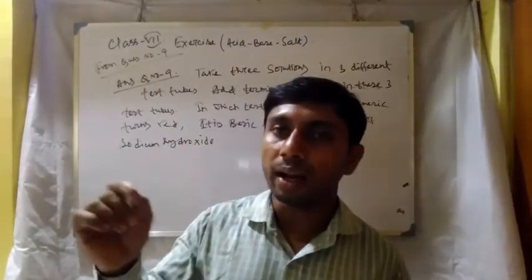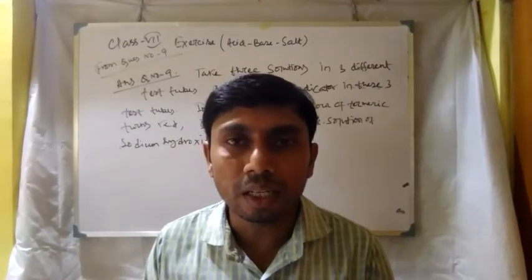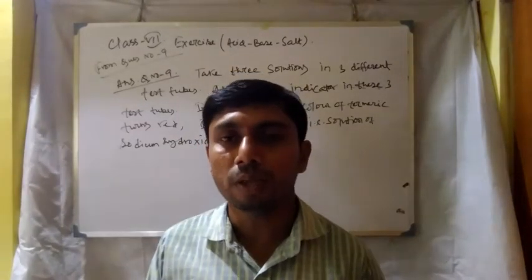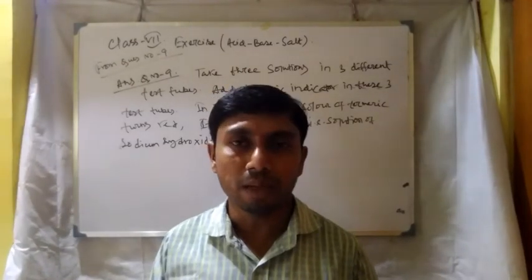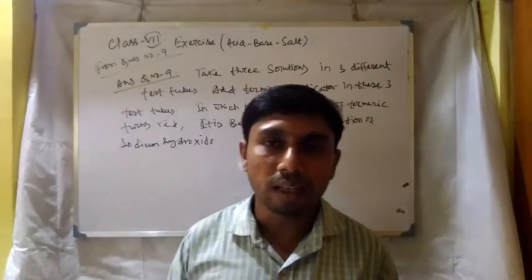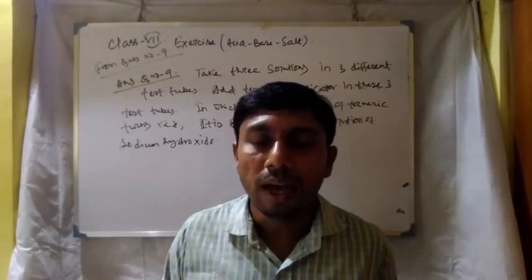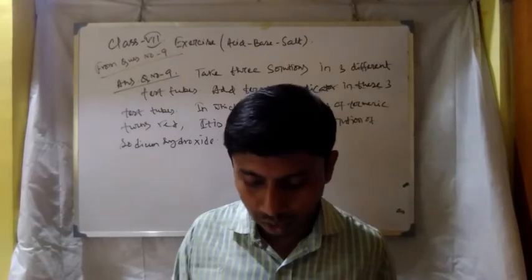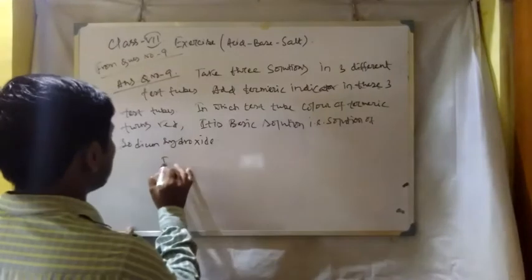Now we have already added the turmeric indicator. Now turmeric indicator is very weakly responsive to acid solution. Sometimes it becomes light blue or light green color. So light green or light blue color will be indicated by acid solution, and in the sugar solution no change. Okay, so next para, in which test tube